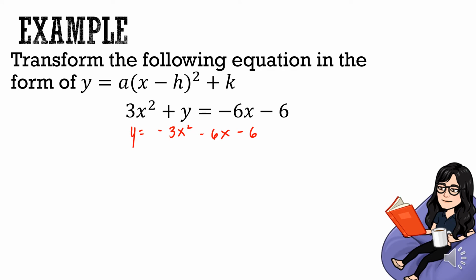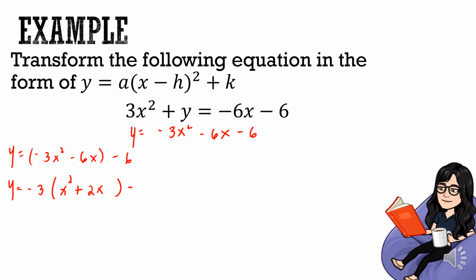Now we can proceed to the next step by grouping the quadratic term and the linear term. So we have y equals negative 3x squared minus 6x minus 6. The next step is to factor out the common factor on the given quadratic term and linear term. So the common factor will be negative 3. So you have y equals negative 3 times, dividing negative 3x squared by negative 3 will give us a quotient of x squared. Dividing negative 6x by negative 3 will give us a quotient of positive